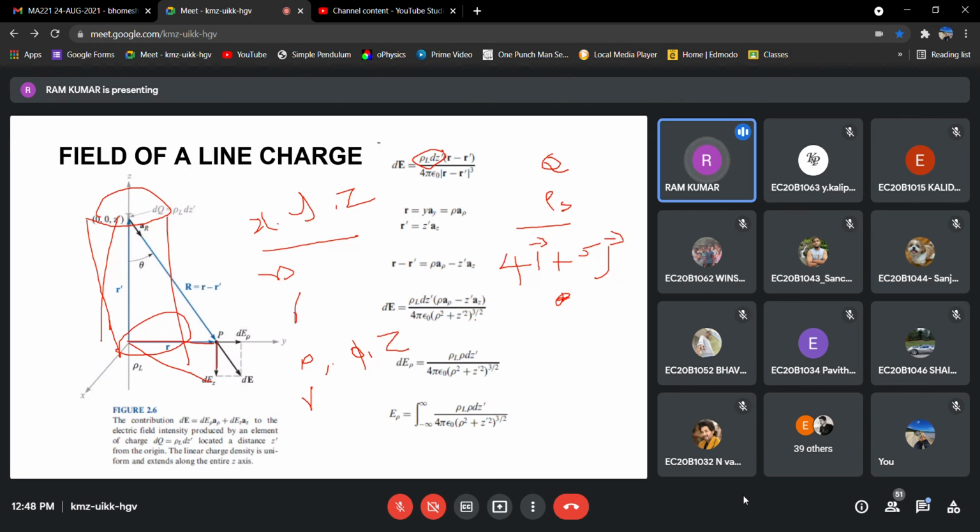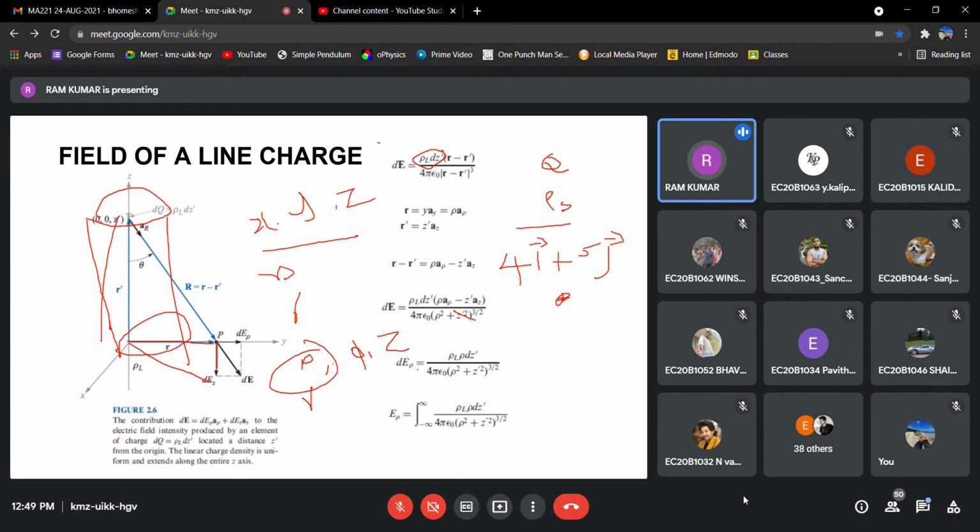So that's what we are representing as power 3/2. Don't confuse with this step. What we are doing here is substituting r as rho a_rho and r dash as z dash a_z, and taking the magnitude. That is represented by the whole power 3/2. How do you get the magnitude? Square root of rho squared plus z dash squared. Now we come to the specific rho, phi, z. We take rho along the y-axis, where we are measuring the field. That parameter only exists.